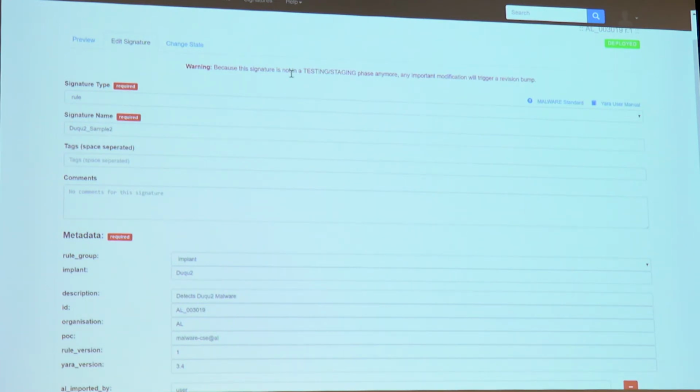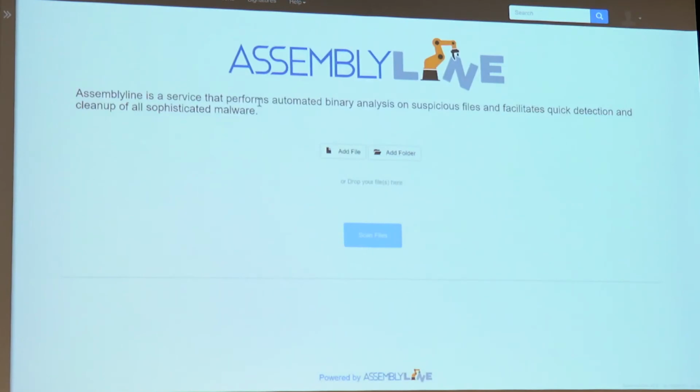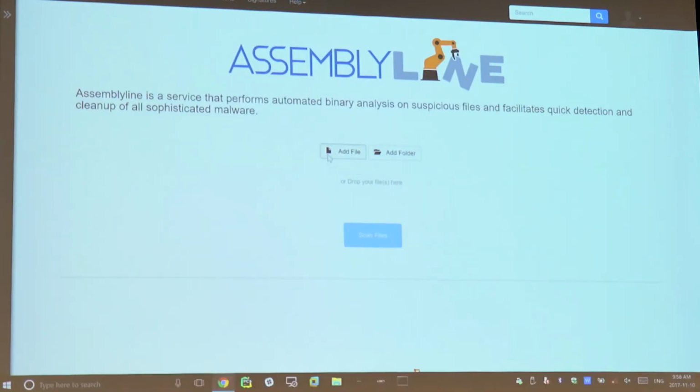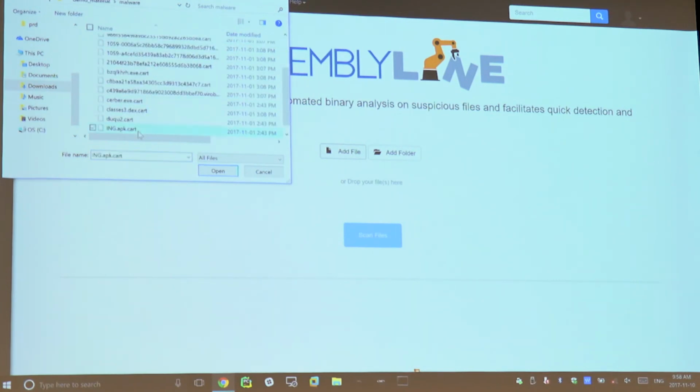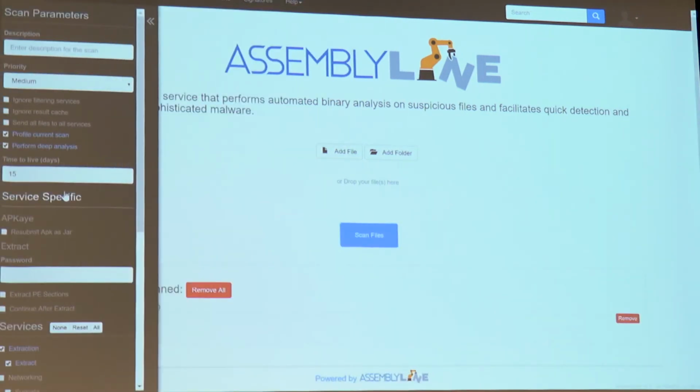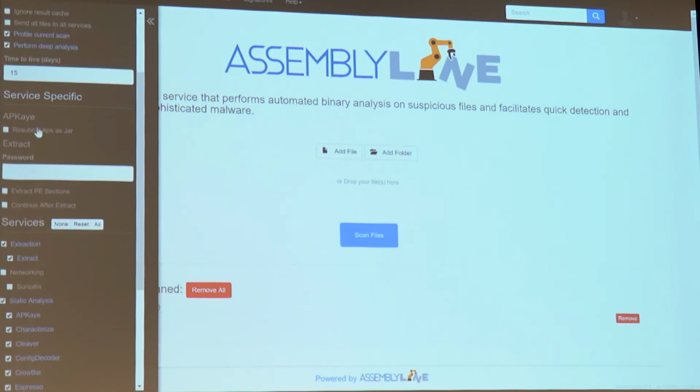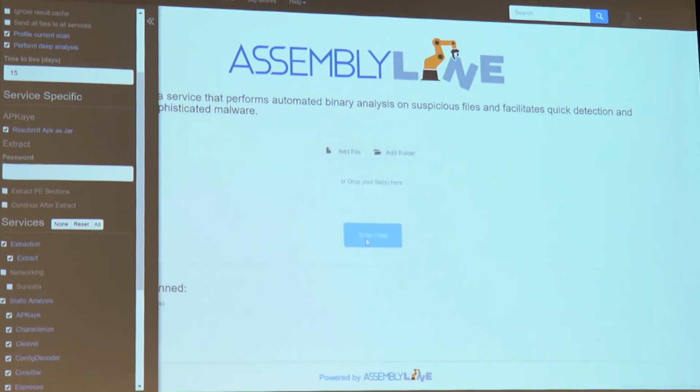Last week when we were at Hackfest, there was a presentation about APKs, and it actually gave me a really good idea to show you the power of AssemblyLine. So I'm going to submit an APK malware, and I'm going to actually tell the APK service to resubmit the dex file as a jar. So if I do this and I scan it,